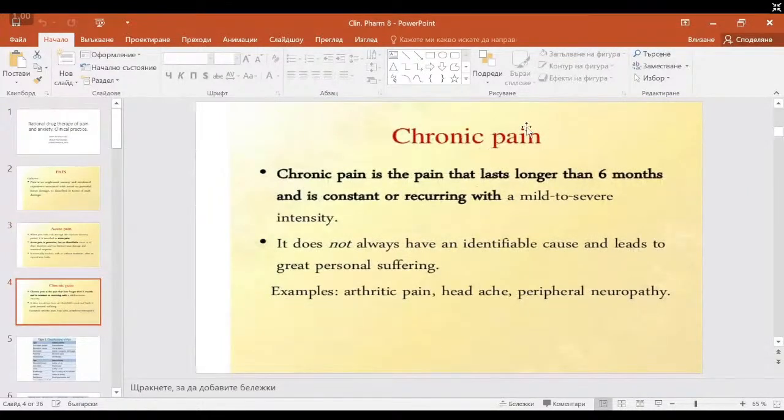A chronic pain is, according to this definition, pain that lasts longer than 6 months, and it can have a constant or a recurring characteristic with mild to severe intensity. So it can be mild, it can be moderate, or even severe, depending on the cause. It does not always have an identifiable cause, so chronic pain is, that's why, hard to treat and hard to find its cause, and it usually leads to great personal and emotional suffering because of the time it takes for this pain to heal. There are, of course, such pains that there is no 100% cure, so these patients really lead a very suffering life. Examples of chronic pain are, for example, pain due to arthritic problems, headache, peripheral neuropathy,